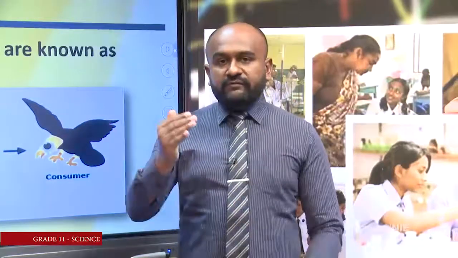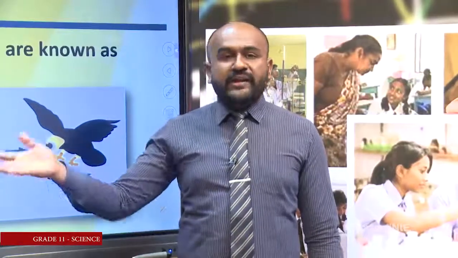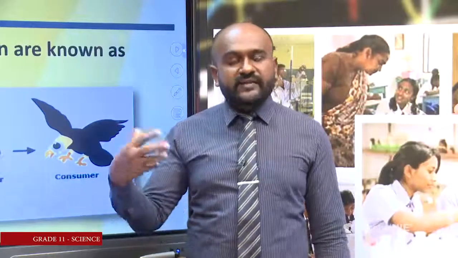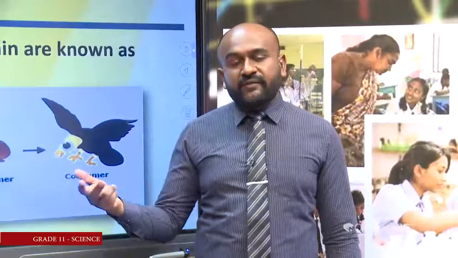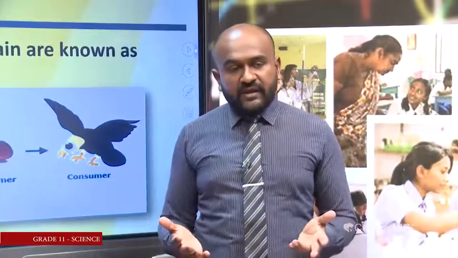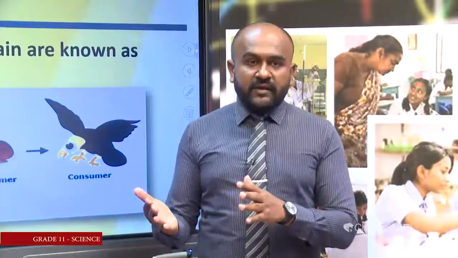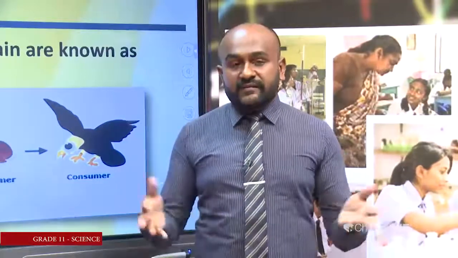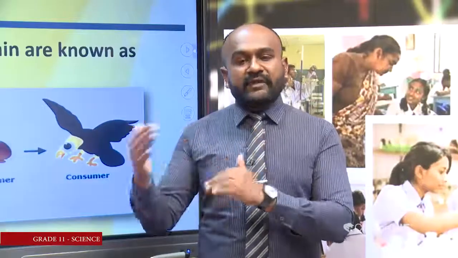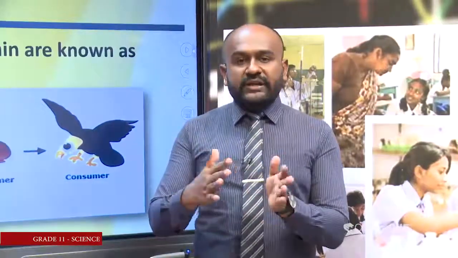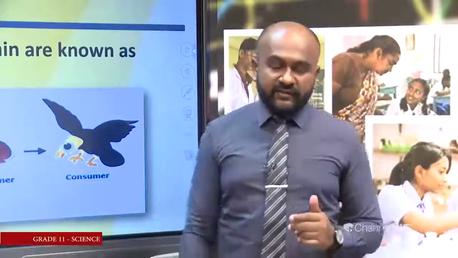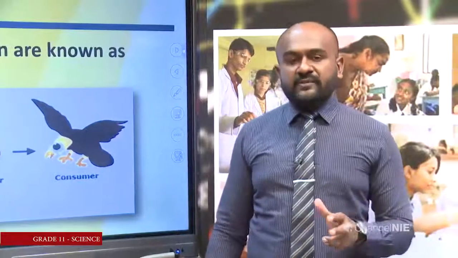Because one plant is eaten by many animals, and animals also eat different types of food, because if they eat the same thing, obviously they will get pretty fed up of eating the same thing, even we do not like to eat the same thing. So, animals also eat different things. And as one animal is eaten by several other animals, these animals and plants become a link in many food chains. So, then food chains do not stay as separate entities, instead they stay interconnected. So, that gives us a complete picture about the energy flow.